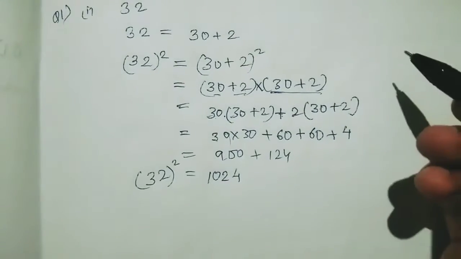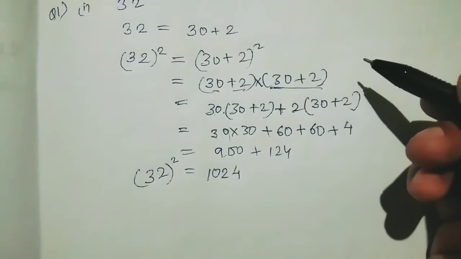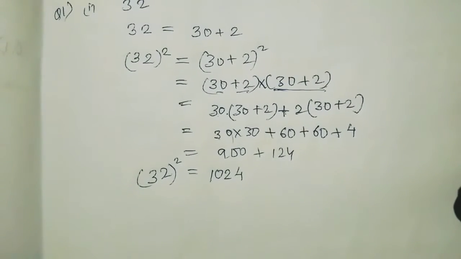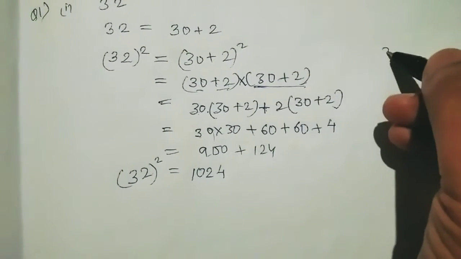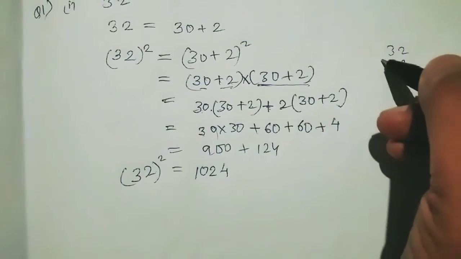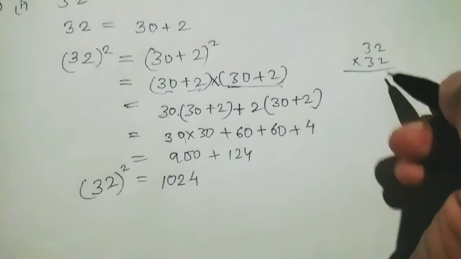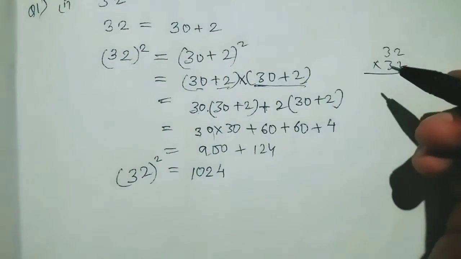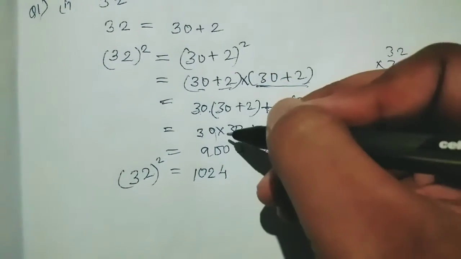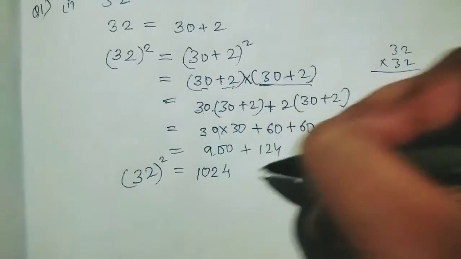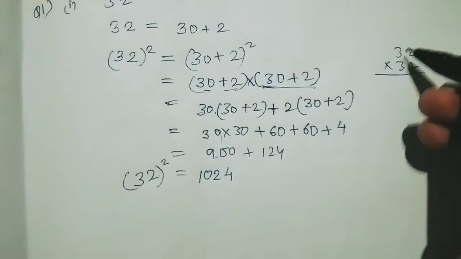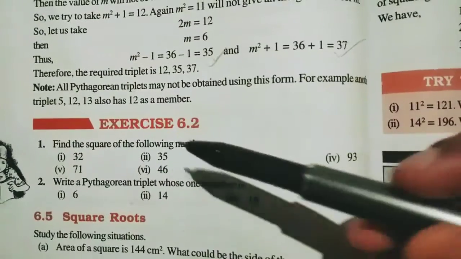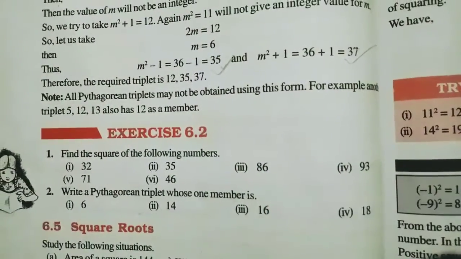This is the way of finding the square of any number by this method. A very easy method. I hope you have understood and learned this method nicely. You can also check it by normal multiplication, to see whether this is correct or not. But this method is always correct: if you do the multiplication properly and the addition properly, then it is always correct. No need to check it again. So this is the method of finding the square of any number. Understood?